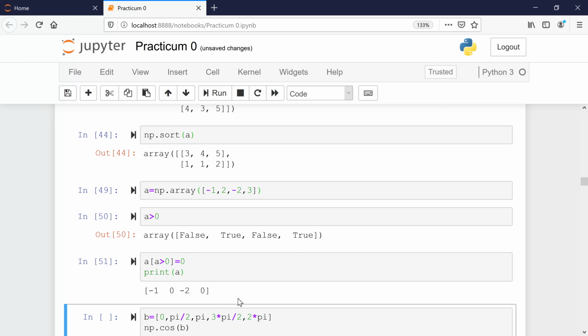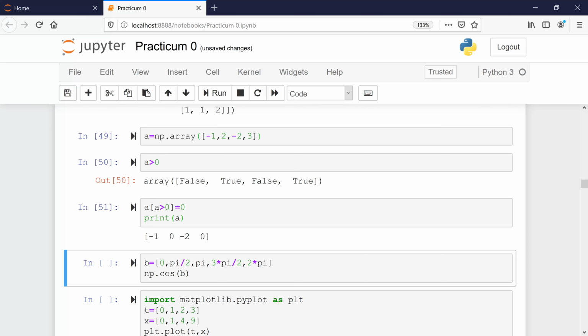Okay, so this is a useful technique for modifying arrays. And of course, now the numpy mathematical functions work over numbers as well as over arrays. So for example, if I have,